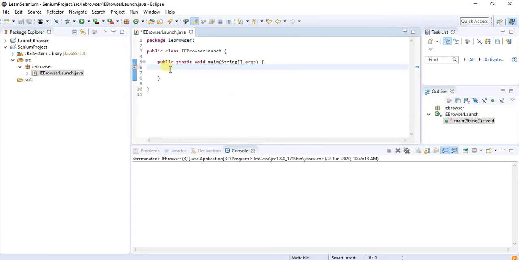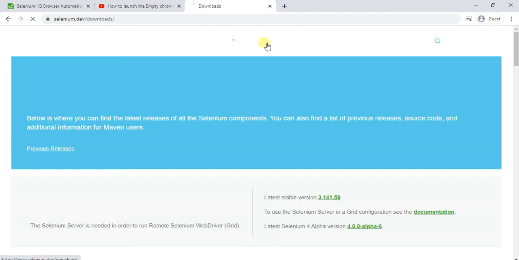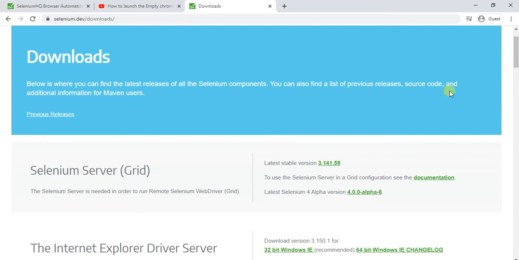So let me go to the official website, selenium.dev. This is the official website. Go to the downloads option, and here the Selenium standalone server file is available.